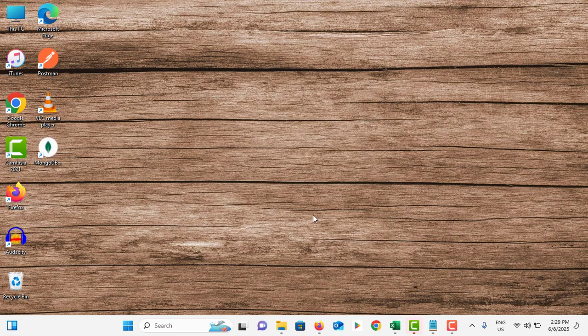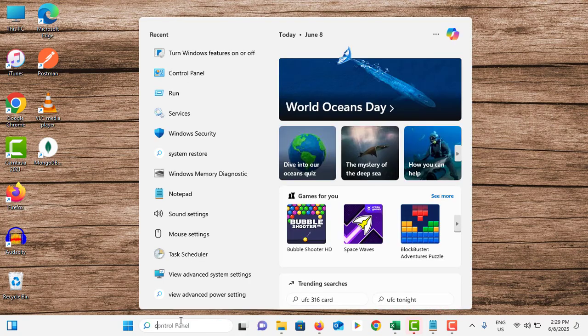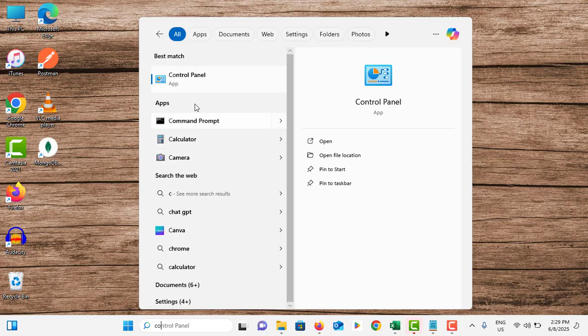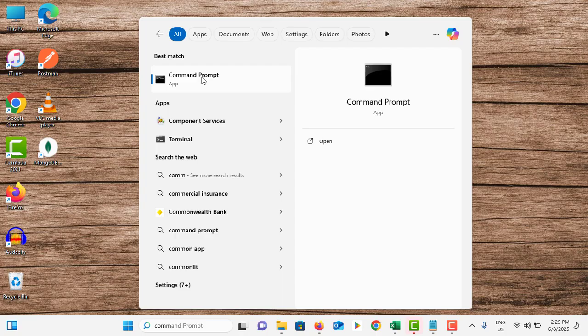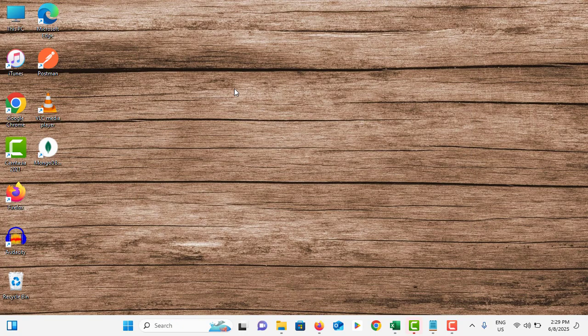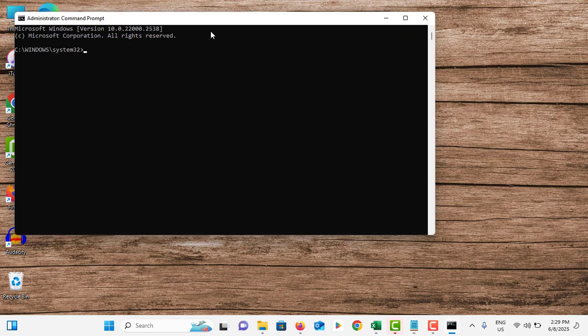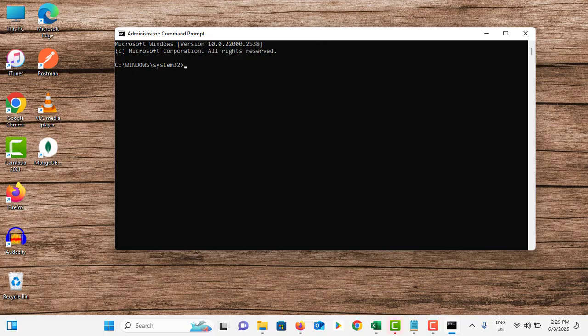Or otherwise you can do that using Command Prompt or Terminal. To do that, go to the search bar, search for command, right click on Command Prompt, tap on Run as administrator. Now